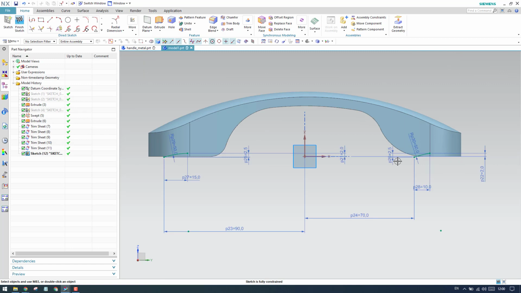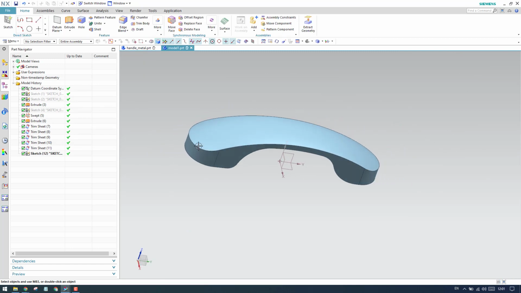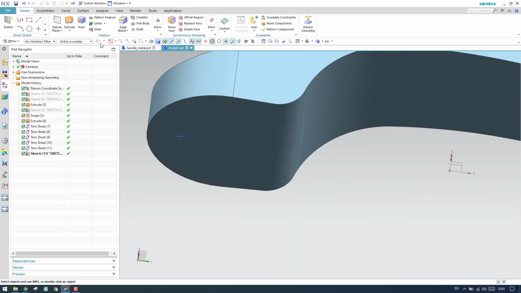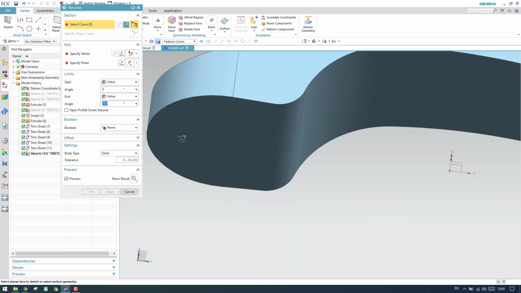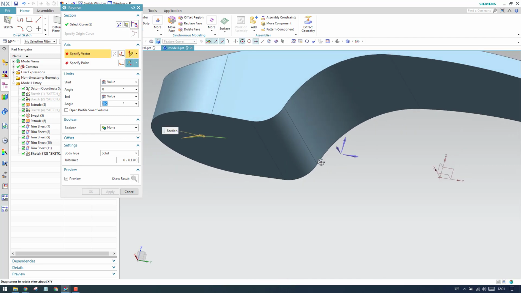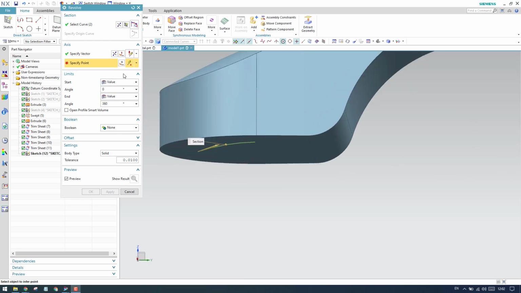Okay, so now I'll just finish the sketch and revolve these two. Go to revolve and select this arc, and my rotation vector will be this side, and the point should be this center.